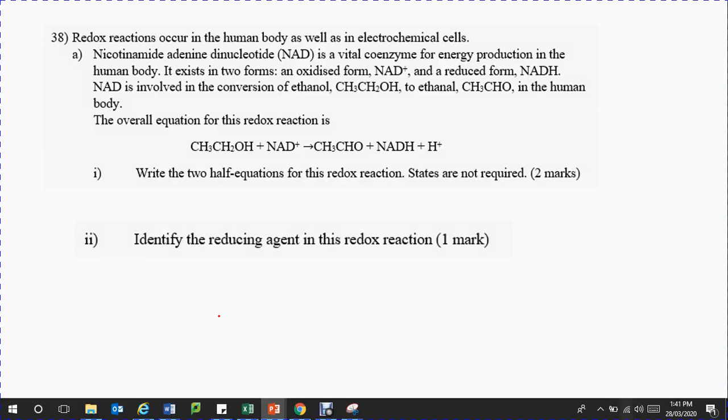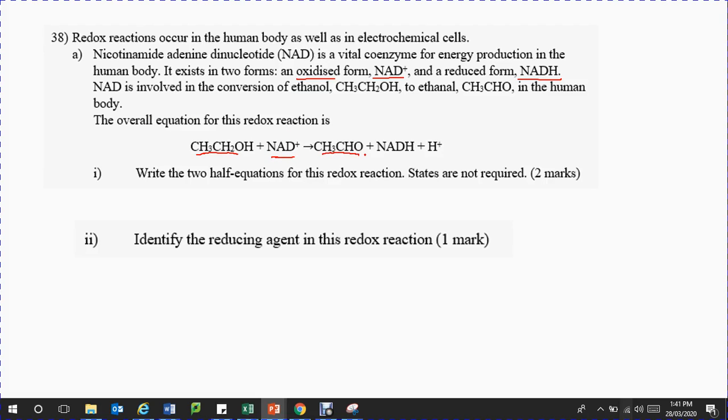Question 38. It's giving us a redox reaction that occurs in the human body. NAD is a vital coenzyme for energy production in the human body. It exists in two forms, an oxidized form, NAD+, and a reduced form, NADH. It's involved in the conversion of ethanol. The overall equation for this redox reaction is ethanol plus NAD+ will give us